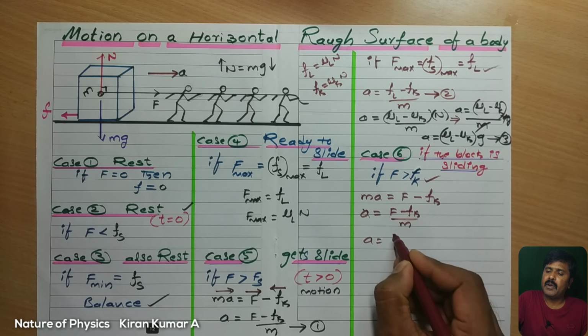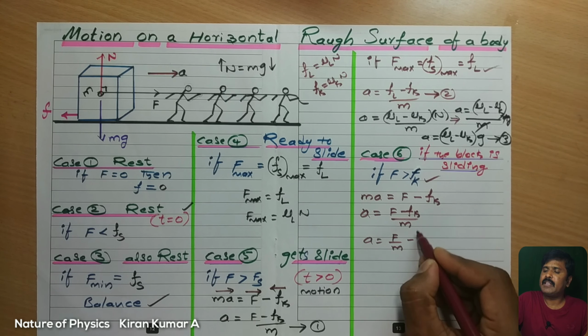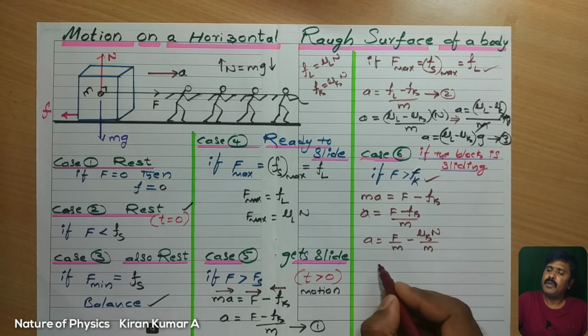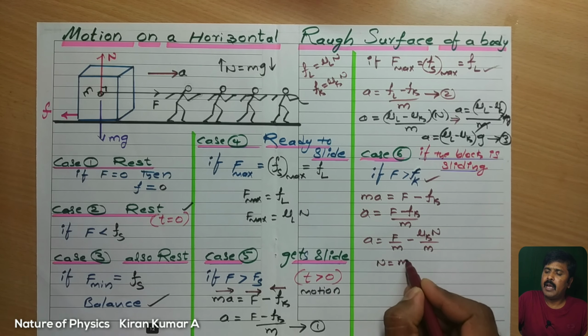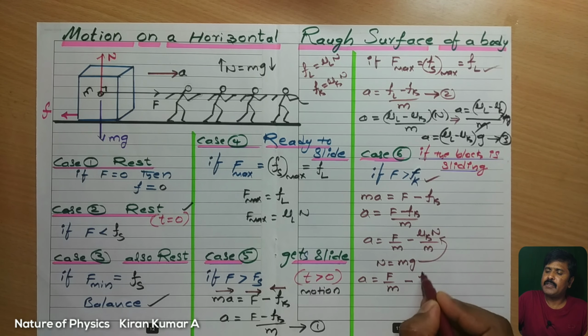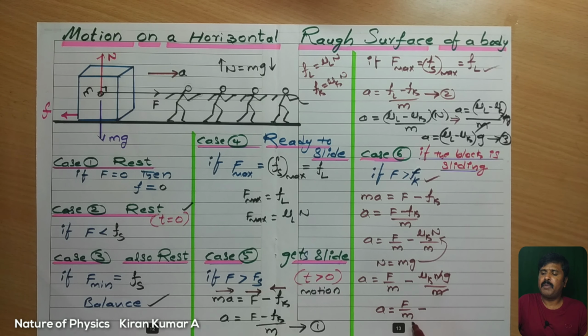So a is equal to F by m minus mu K into N divided by m, student. But N is equal to how much, student? mg, replacing in the above equation. So I am getting the acceleration F divided by m minus mu K into mg divided by m, student, where m also gets cancelled. So the acceleration is equal to the applied force divided by mass, minus mu K into g, student. This I can write as equation number